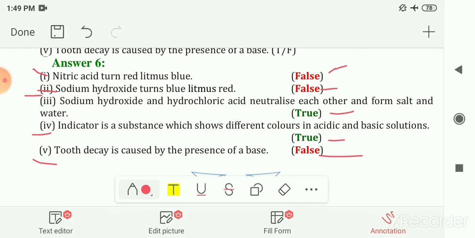Other than this, other acids are also present in our body. Each cell in our body contains an acid, and that is deoxyribonucleic acid, or you can also know it as DNA. It controls every feature of the body, such as our looks, the colors of our eyes, our height, etc. So there is the acid.